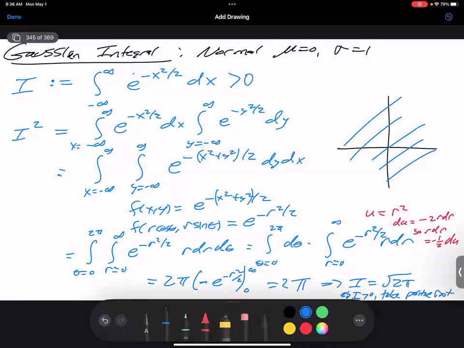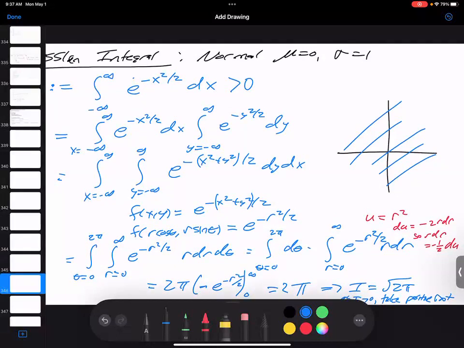So this is one application of polar integration. We can actually use this to evaluate the Gaussian integral. This is one of the most important integrals in all of probability, in all of mathematics. It's what allows us to come up with the normalization constant of the standard normal. And if you then do some change of variables, you can then figure it out in general. As a nice exercise,